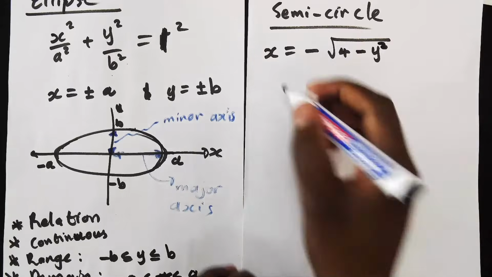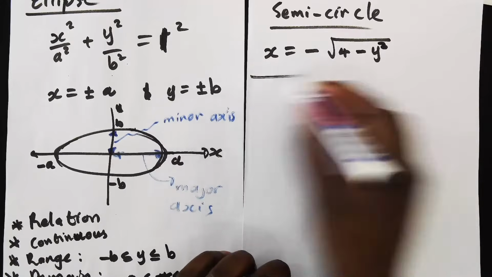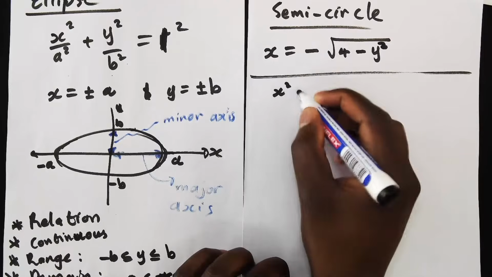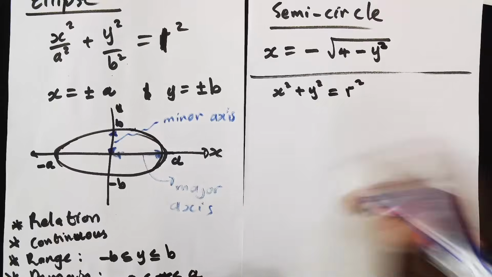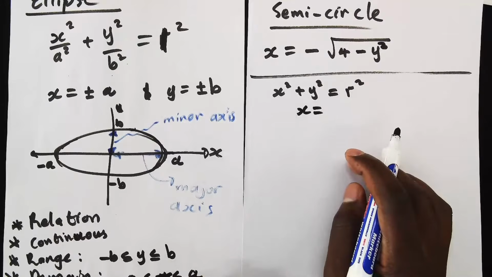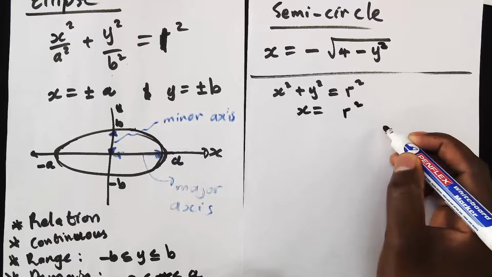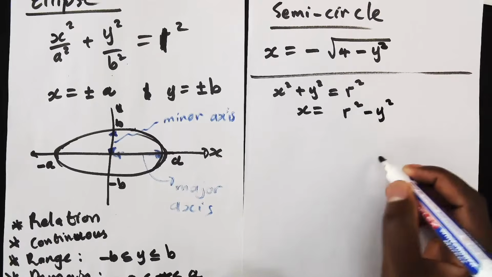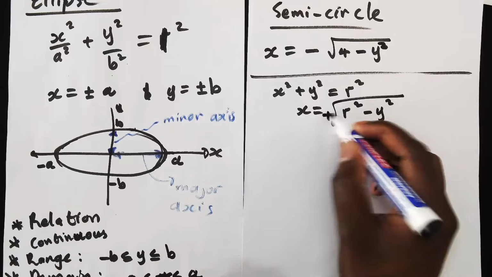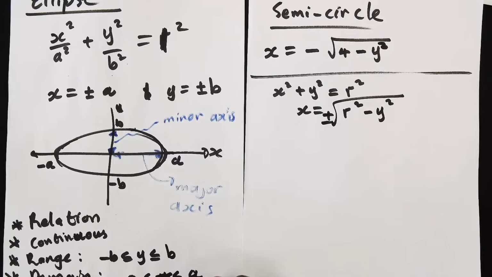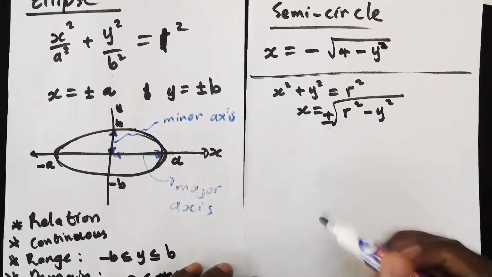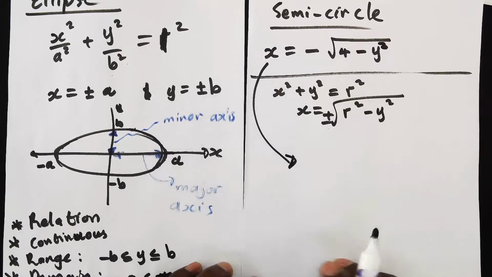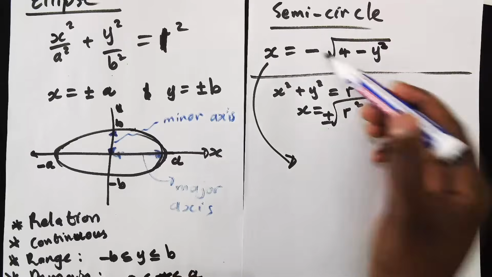Let me start by working out from the original equation of a circle. Let's say we have x squared plus y squared equals R squared. Then let's make x the subject of the formula. You take y to the other side, isn't it? You have y squared. Then when you put a square root, you put a square root of plus or minus, isn't it? I hope you see this is still a full circle. Why do we have plus or minus there? But in the one I'm drawing down, we don't have a plus or minus,